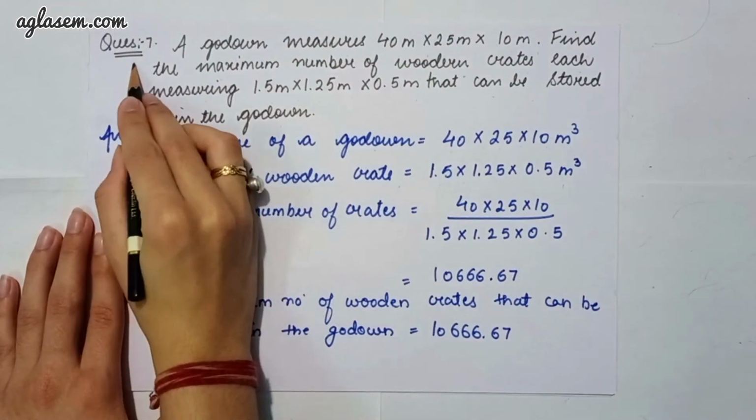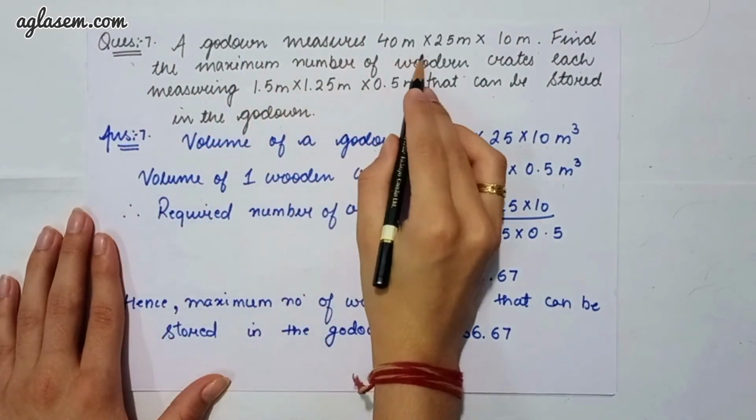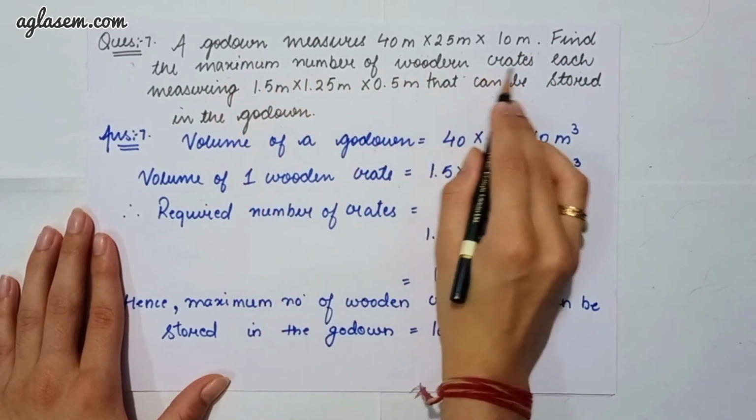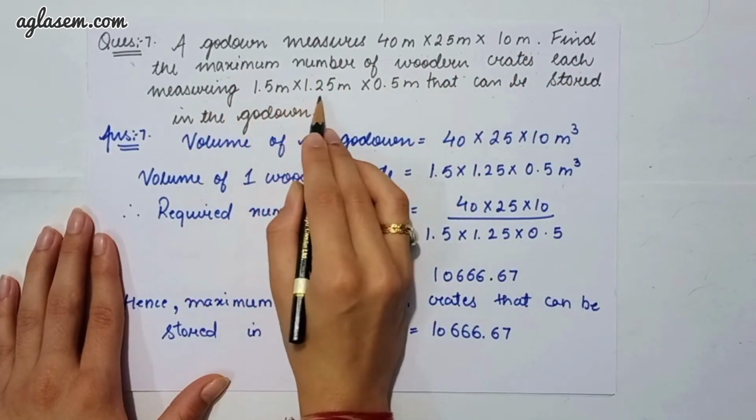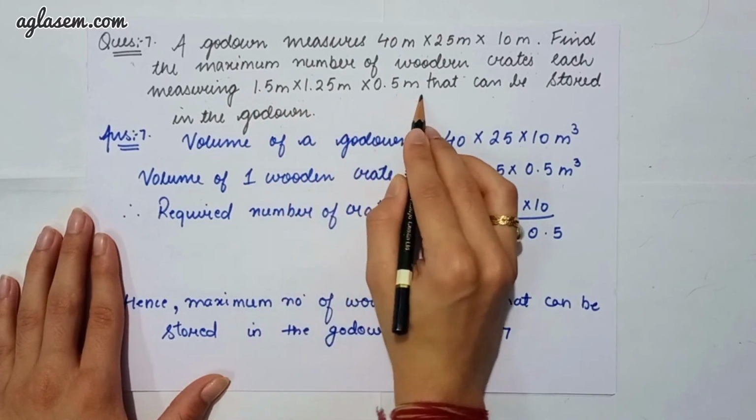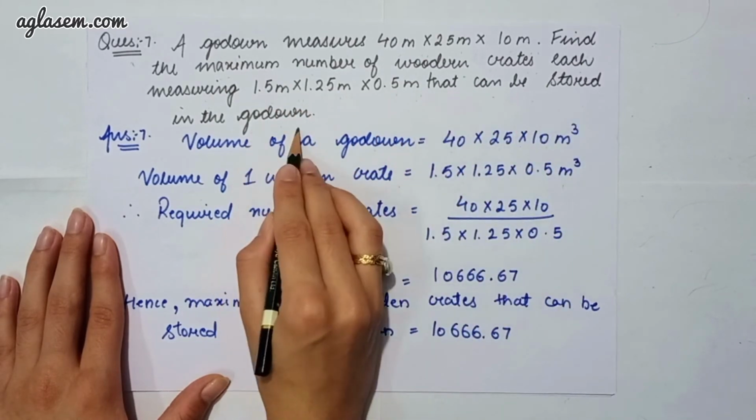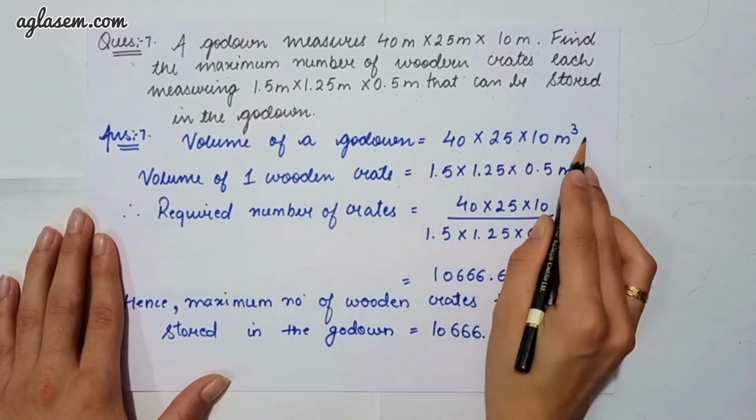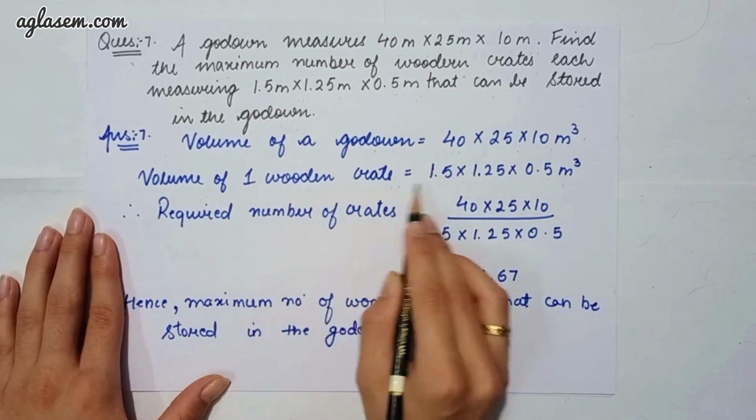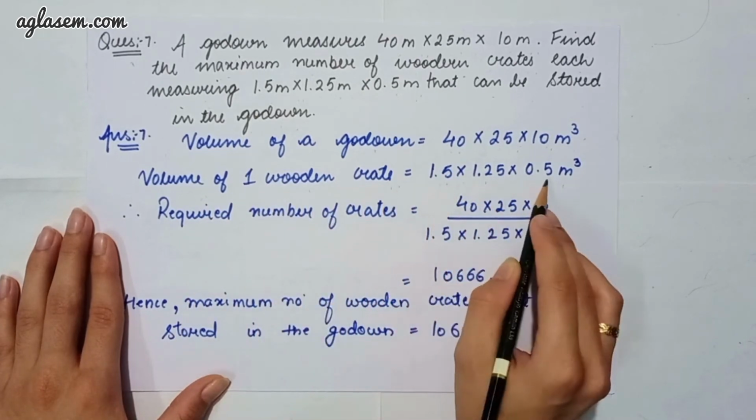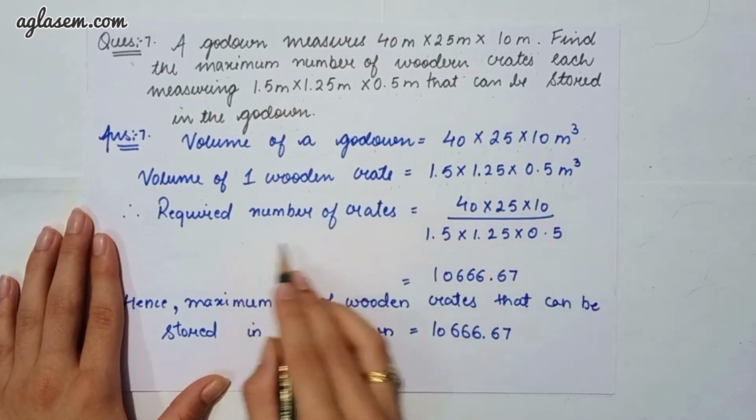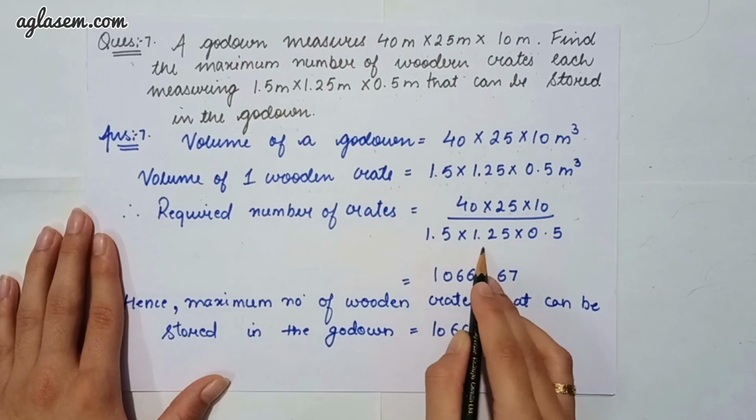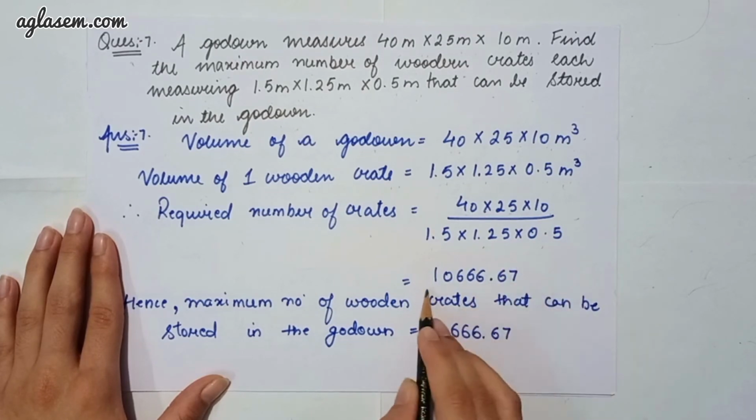Further, moving to question number 7, which says a godown measures 40 meter into 25 meter into 10 meter. Find the maximum number of wooden crates, each measuring 1.5 meter into 1.25 meter into 0.5 meter, that can be stored in the godown. So answer is volume of godown, that is 40 into 25 into 10 meter cube. The volume of one wooden crate, that is 1.5 into 1.25 into 0.5 meter cube. So required number of crates, that is 40 into 25 into 10 divided by 1.5 into 1.25 into 0.5. So answer will be